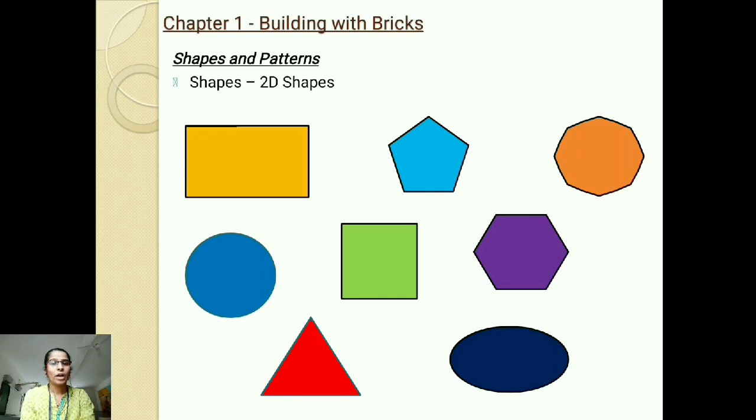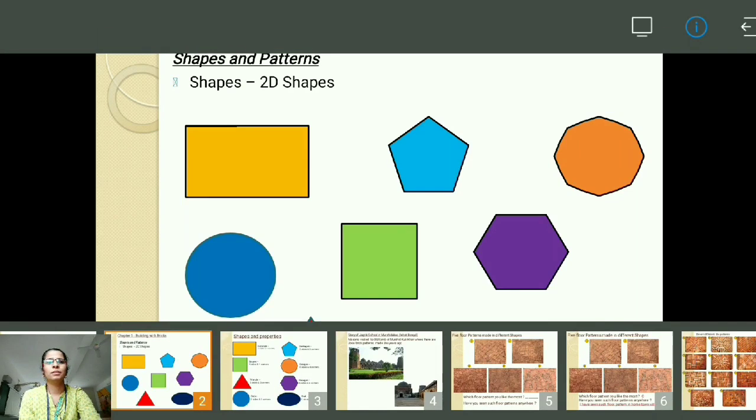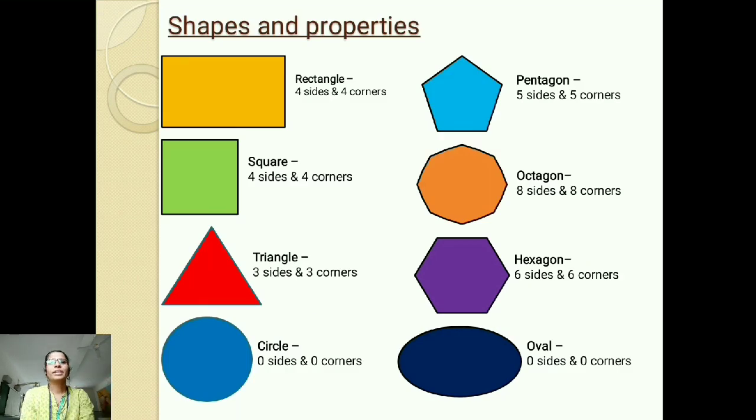closed shapes. Why closed shapes? Now these are called closed shapes because they are bound between the boundaries or the sides. Like now you can see a rectangle. You can see a rectangle having 4 corners joined with 4 sides. So a rectangle has 4 sides and 4 corners. Similarly, the square has 4 sides and 4 corners. Now here rectangle and square both have 4 sides and 4 corners.